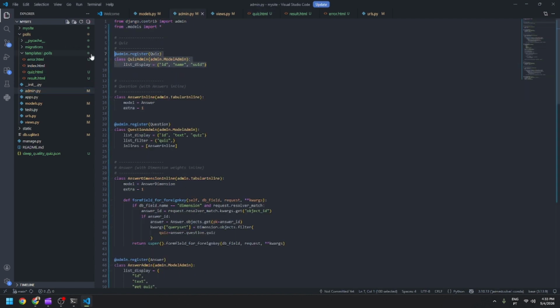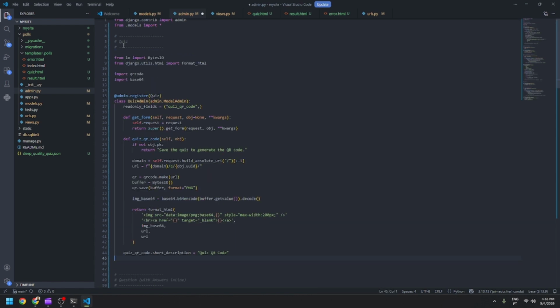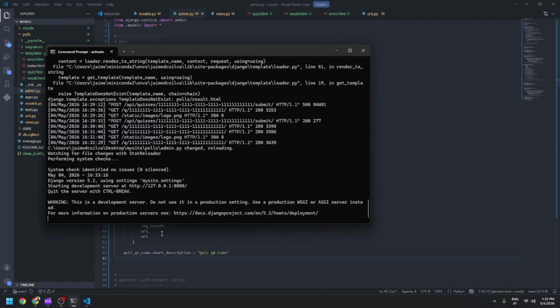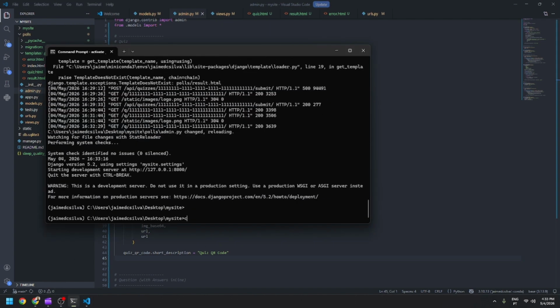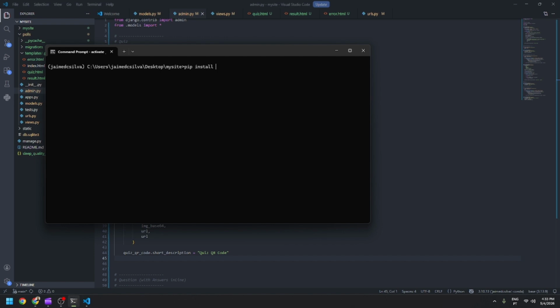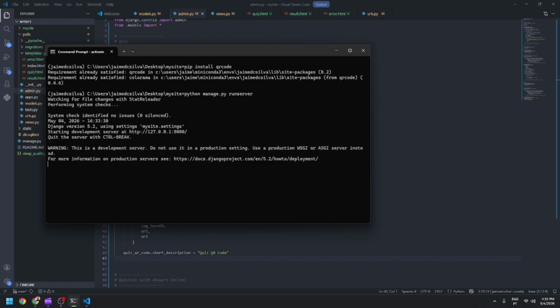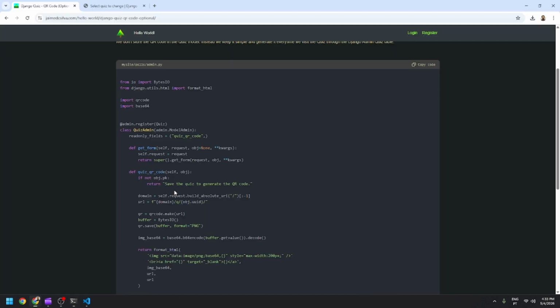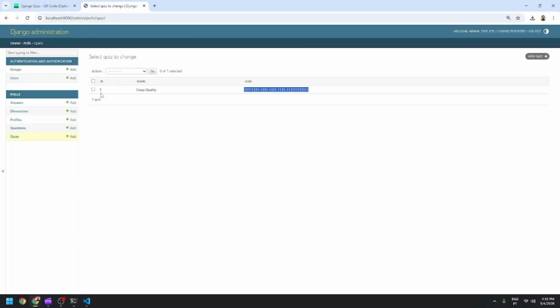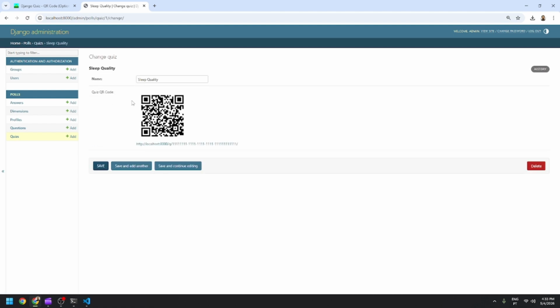Gonna paste, going to replace these 3 lines with that last post. And we need to go to the command line and pip install QR code, run back on the server, and when you go now to the quiz in the admin, it will show